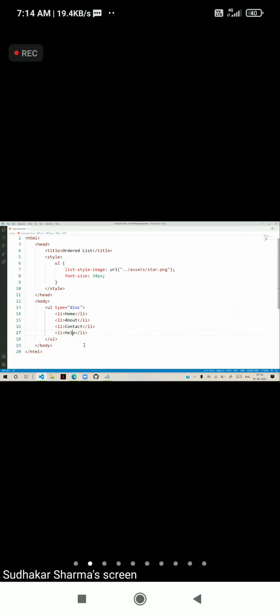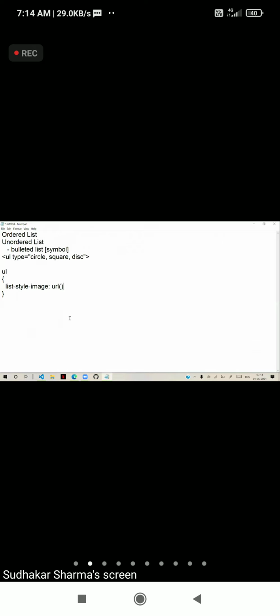For an unordered or ordered list with CSS, you can keep a common image, but if you want different ones, you have to use third-party fonts. That means you have to use a library for symbols. We have a library for symbols, and a very popular one is called Font Awesome.